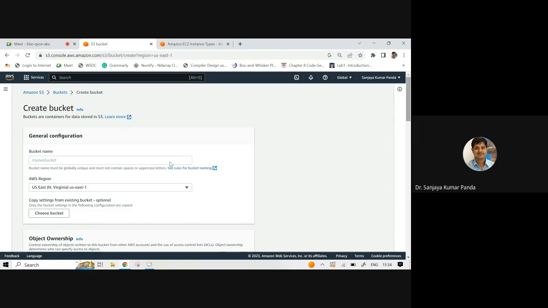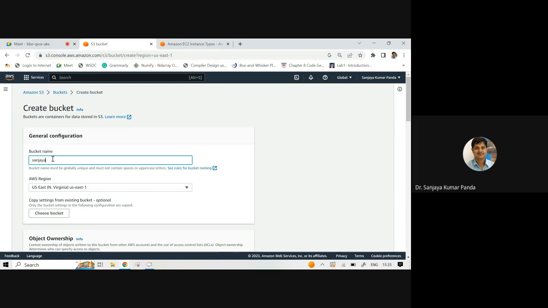Now it is asking for certain information, just like the way you created an AWS account by providing certain information. Here also you have to provide certain information. Now it is asking to enter the bucket name. Suppose I am writing my name as the bucket name.